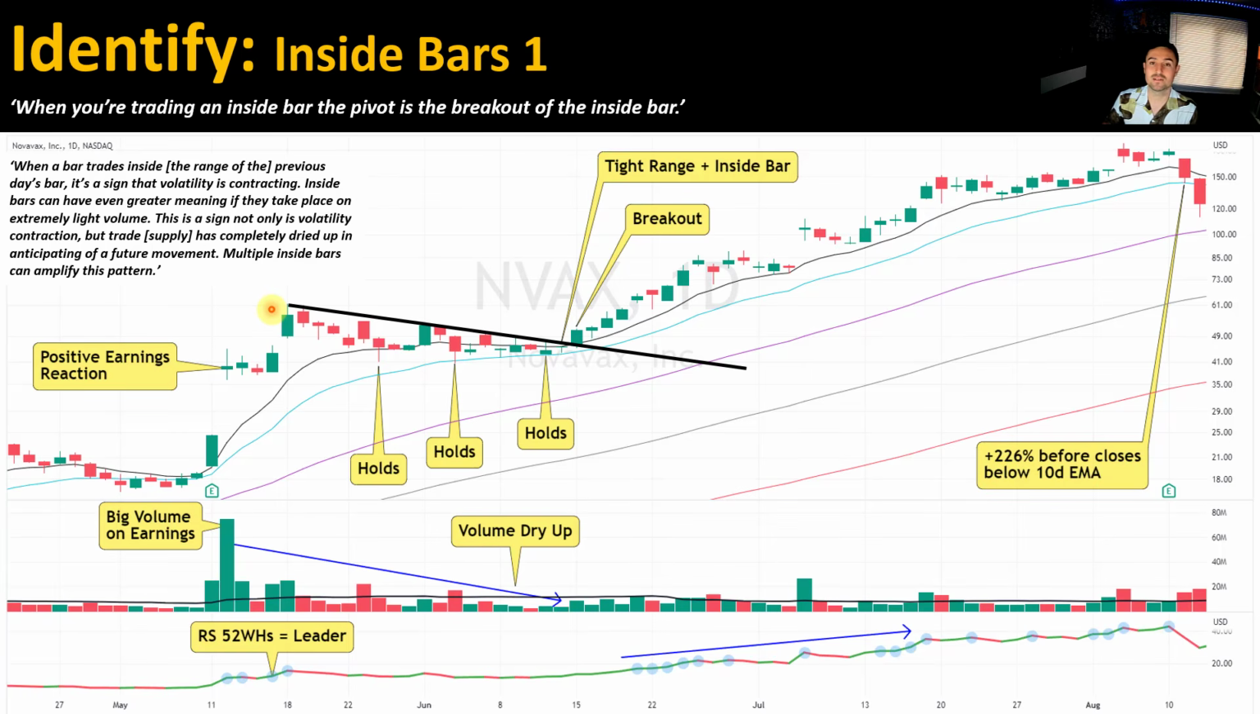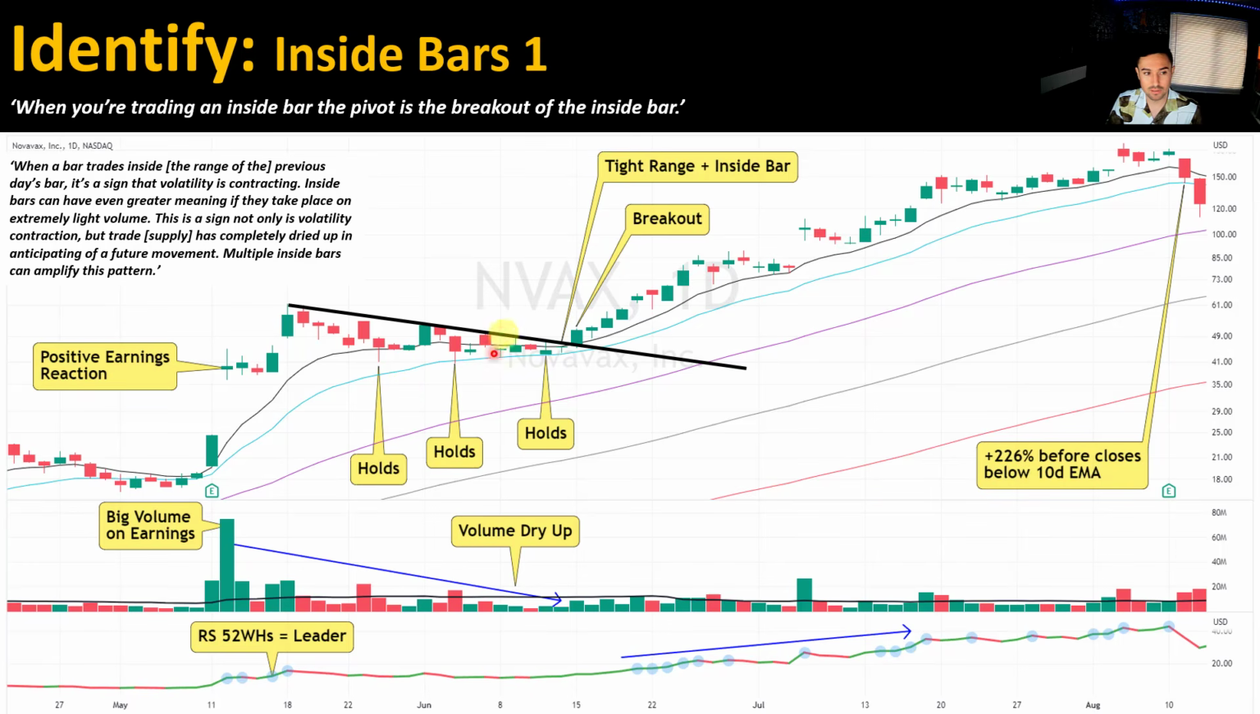Multiple inside bars can amplify this pattern. So to an extent, he does talk about a stop being too tight for too long, but a couple of inside bars in a row in the context of a developing base can be a very, very, very good thing indeed. So see here with Novavax, this is a descending wedge type pattern as well,